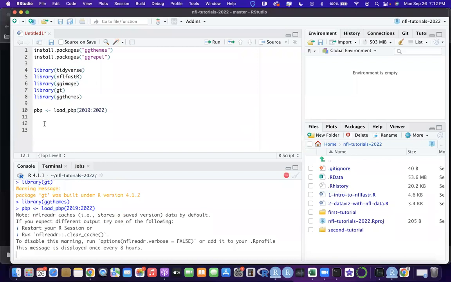And the next thing we're going to want to do is create a graph, let's say, that shows a quarterback's expected points added, like their EPA per play, and how often they pass. And I want to see if there's a correlation between how often a quarterback passes and their EPA per play. So what we can do for this is it's going to be a pretty long set